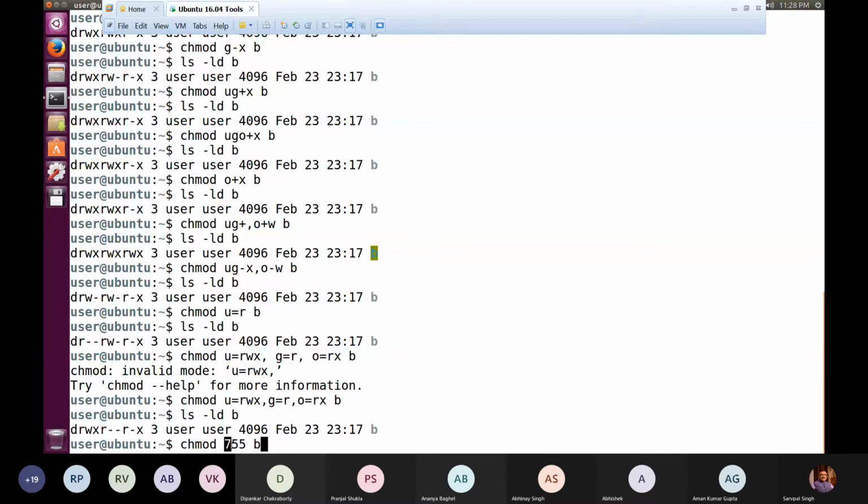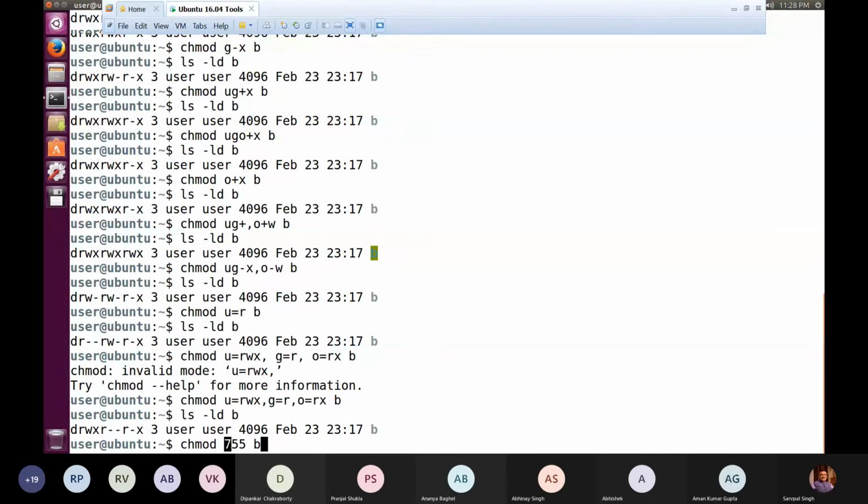So 7 means reading, writing, execution, all rights we are giving to user. Then next is 5. That combination says you have to add 4 and 1. That means there will not be any writing permission, because writing is dropped, and 4 plus 1 is 5. Similarly, at the last position we are giving 5, again 4 plus 1.